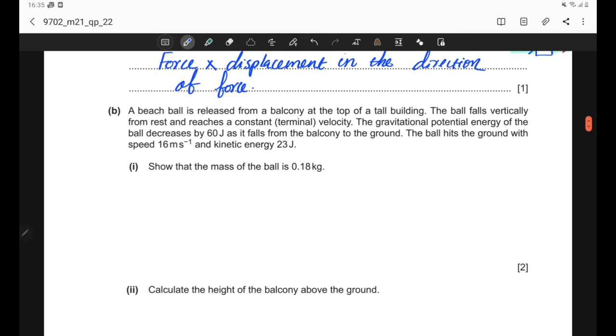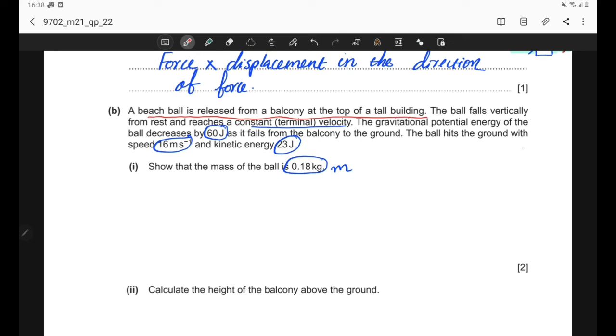Part B. A beach ball is released from a balcony at the top of a tall building. The ball falls vertically from rest and reaches a constant terminal velocity. The gravitational potential energy of the ball decreases by 60 joule as it falls from the balcony to the ground. The ball hits the ground with speed 16 meters per second and kinetic energy is 23 joule. Show that the mass of the ball is 0.18 kilogram. So here we have a beach ball which is released from a balcony at the top of a